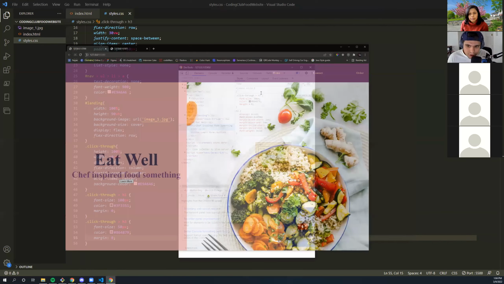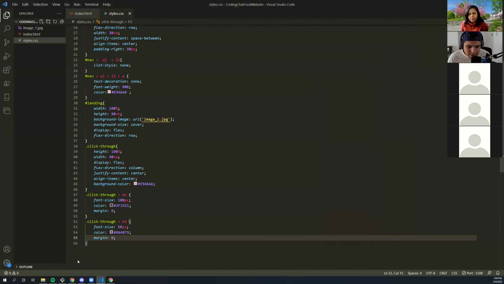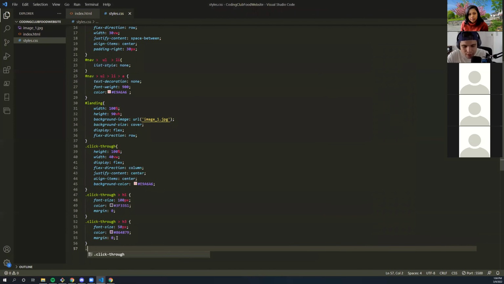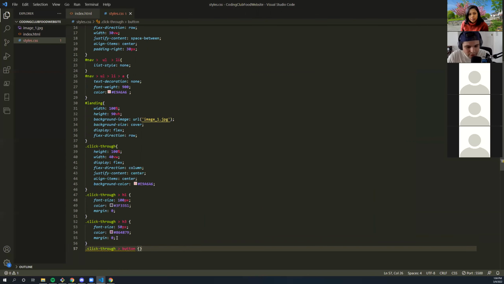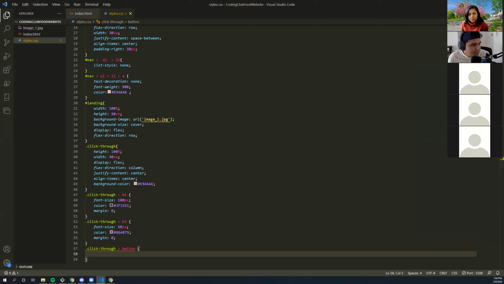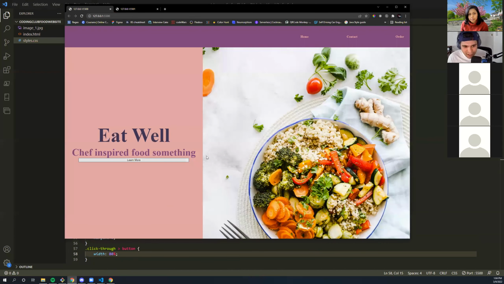All right, so I'm gonna close this. I'll minimize it, and I'm just gonna access the button tag within our click-through container. All right. I'm gonna give this a larger width because I don't like the way it looks. So I'm gonna say 80% of the inherited width, which gives us 80% of the space that we're given within this div.